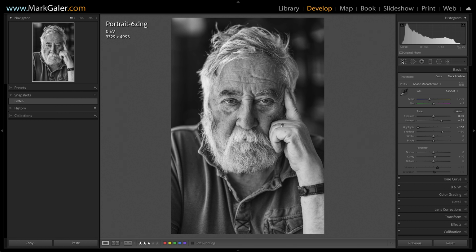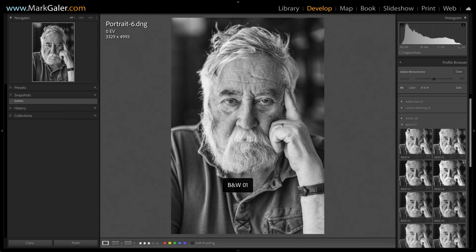Now that I can see the general exposure of this, I can play around with starting black and white profiles. We don't have to accept Adobe monochrome. There are plenty of black and white profiles to choose from. So let's go in and click on the profile browser and come down to the black and white. You can just cycle over the thumbnails looking for your preferred. I actually quite like 3 there,